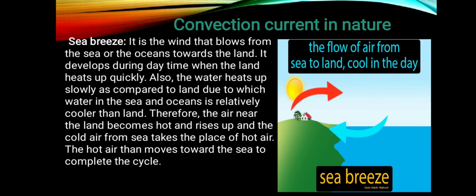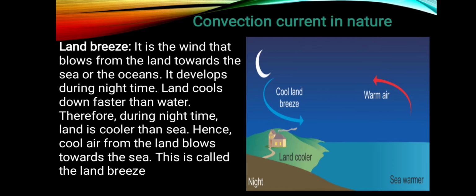Sea breeze. Land absorbs heat faster than the sea. During the daytime, the land heats up more quickly than the sea water. Thus, the air above the land surface, being heated, expands and rises up. The cooler air above the sea surface blows towards the land to take its place. These set up convection currents. The cool air from the sea blowing towards the land is called the sea breeze. The windows of the houses in coastal areas are made to face the sea to receive the cool sea breezes.